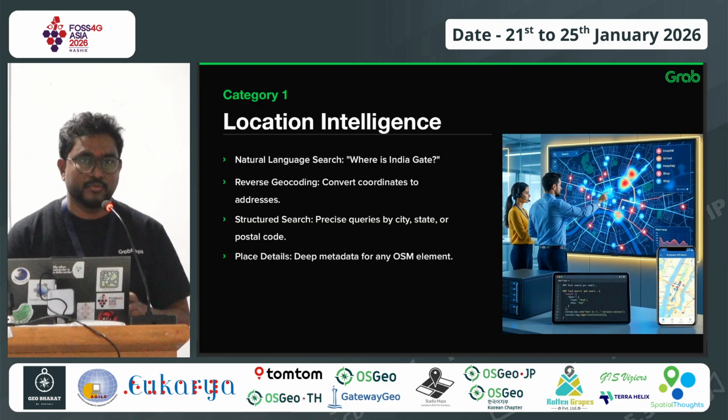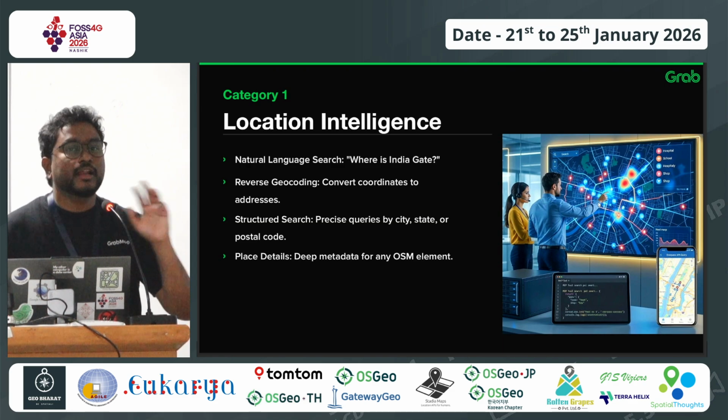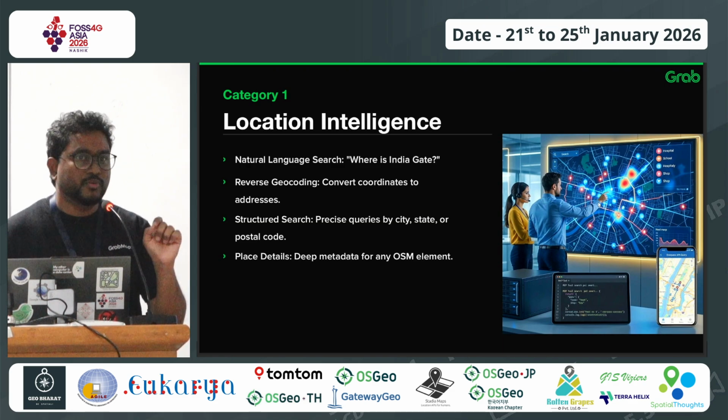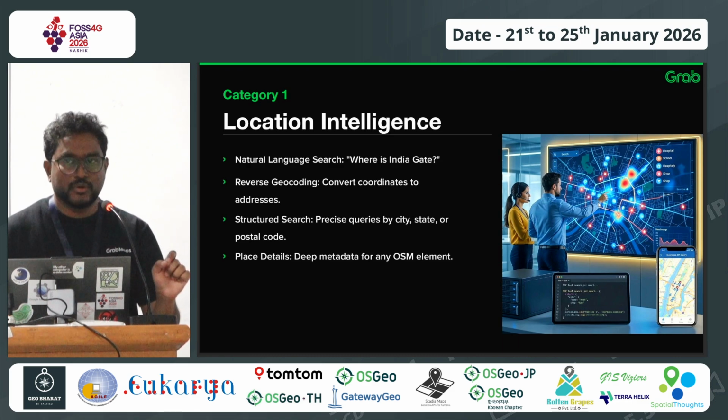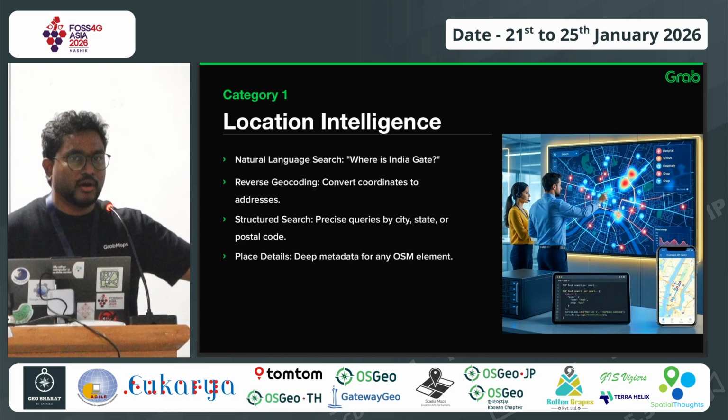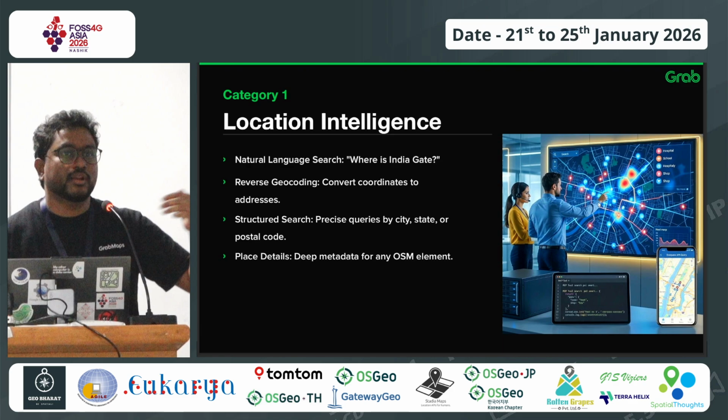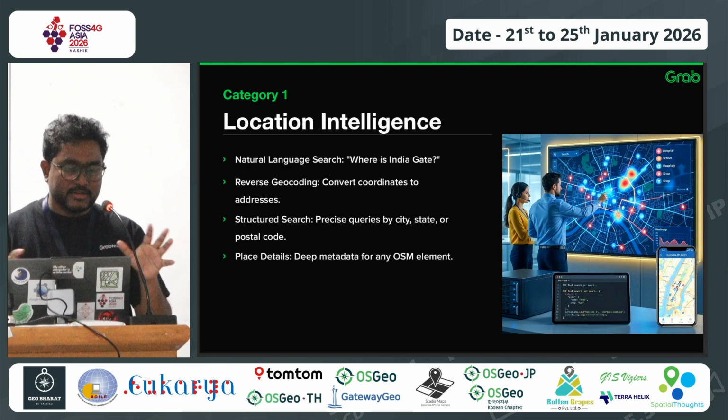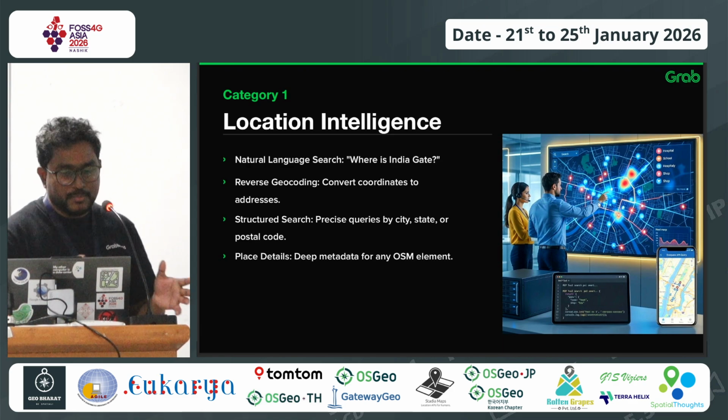POI through tag info, because OSM has an enormous number of keys and values, right? If you want to look into some category, you have to define that, okay, I am looking for this. It will go to some OSM endpoint, and then it will give you the data. So this is the first example like this.